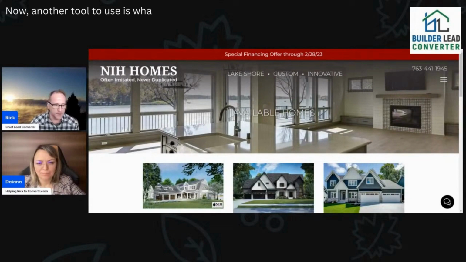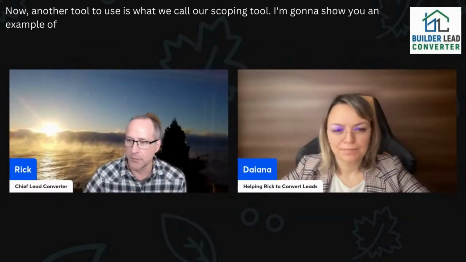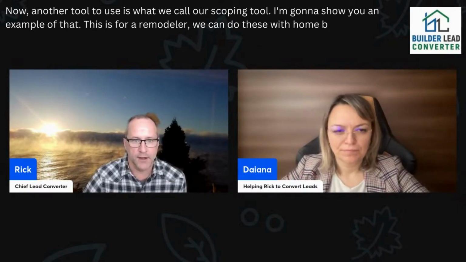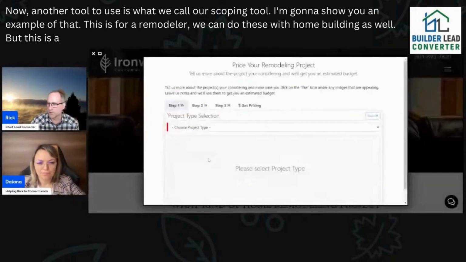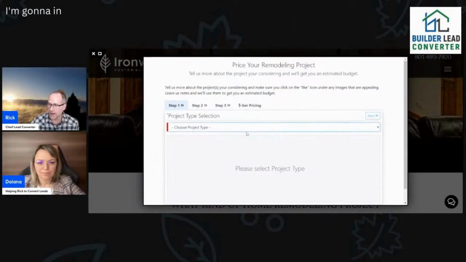Now, another tool to use is what we call our scoping tool. I'm going to show you an example of that. This is for a remodeler. We can do these with home building as well. But this is a tool where we're going to use kinesthetic learning. So learn by doing. So I'm going to go ahead, I'm going to interact, I'm going to say,